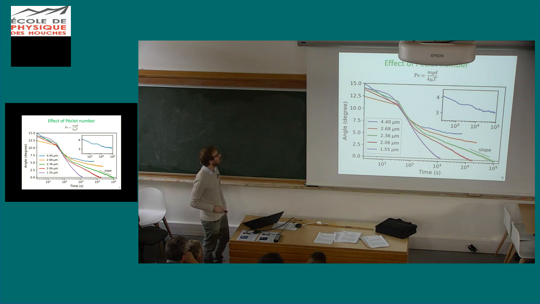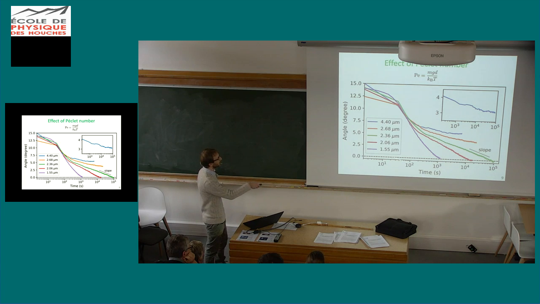So here are avalanches with different sizes. They all started at a 15 degree angle. And what you see, the fast avalanche regime, we didn't characterize it very well because we don't have a very high time resolution, but it more or less seems that it's always the same, that it does not depend a lot on the Peclet number. But if you look at what happens below the threshold angle, in the creep regime, you have curves that depend widely on the Peclet number.